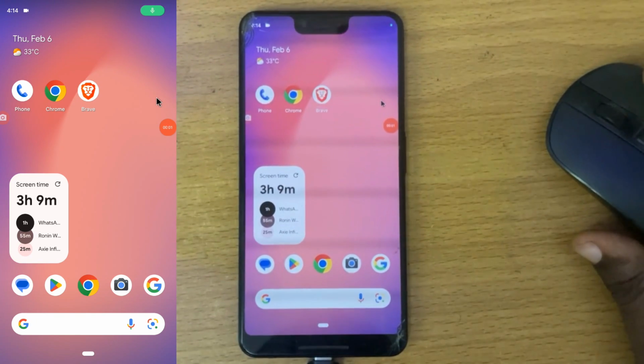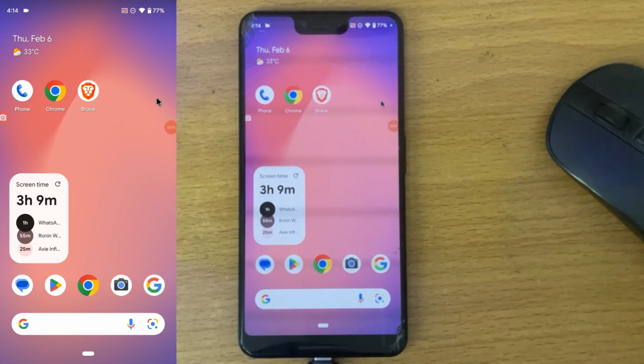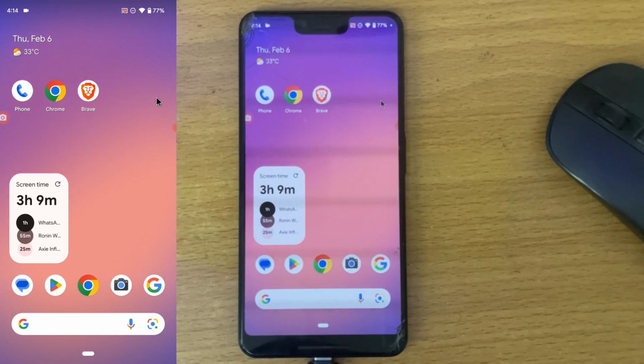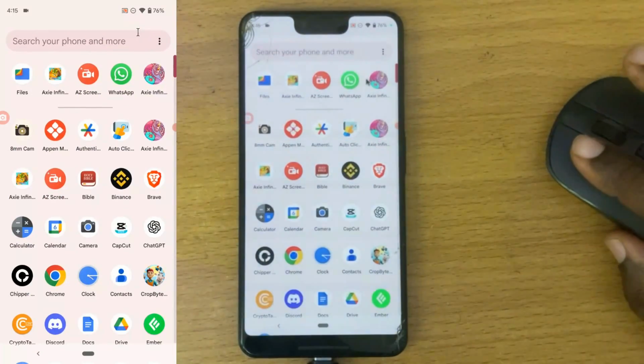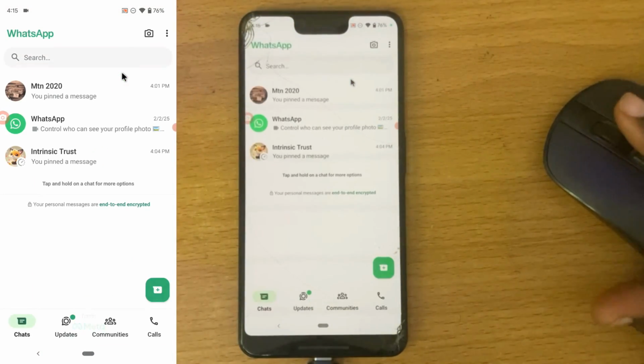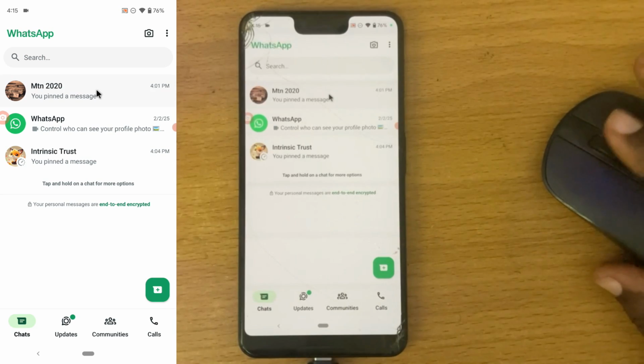Hey guys, welcome to today's video. In this video I'm going to show you how to bookmark messages and also how to see the messages you bookmark on WhatsApp. To start, open your WhatsApp application, wait for it to load up, and then let's dive into bookmarking